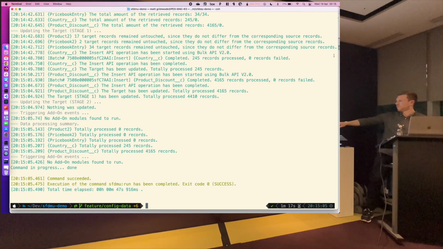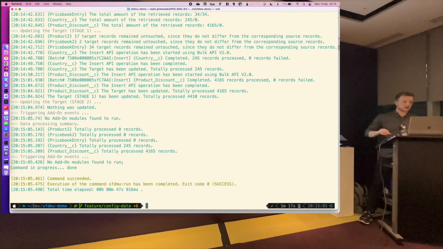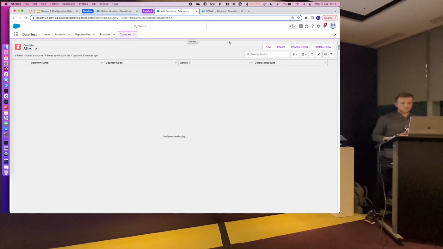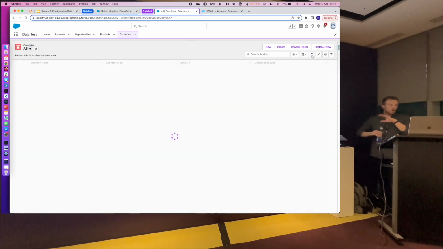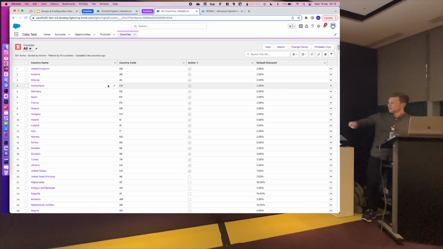So that's running 47 seconds. And if we look here, we can see that we haven't touched our data that hasn't changed. We've only updated or inserted our countries and our product discounts. So if I now go to our test environment, in one run, what we've done there is insert both of those objects. So eventually my machine will refresh this, and we can see that those countries have now been loaded,